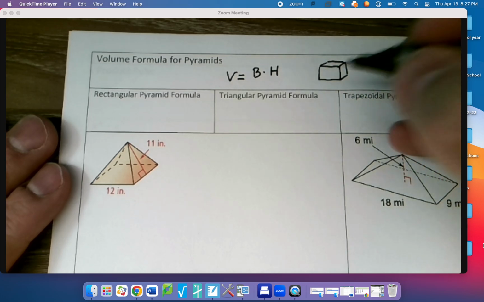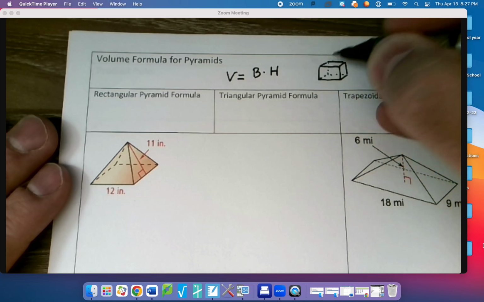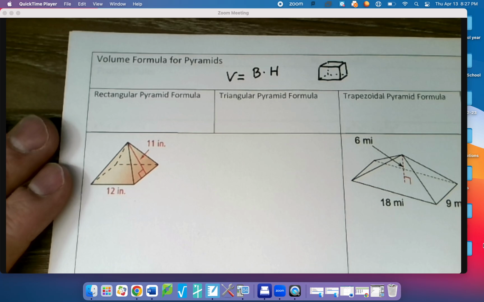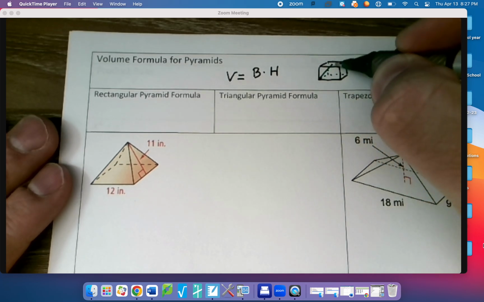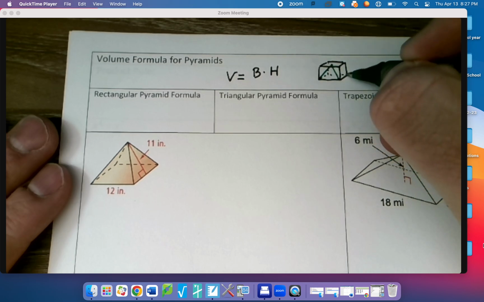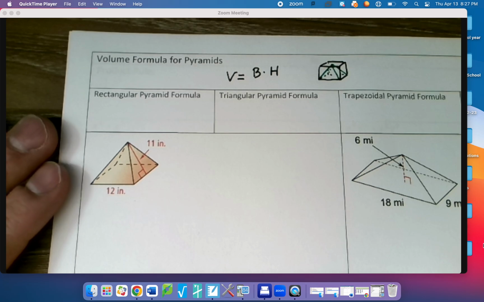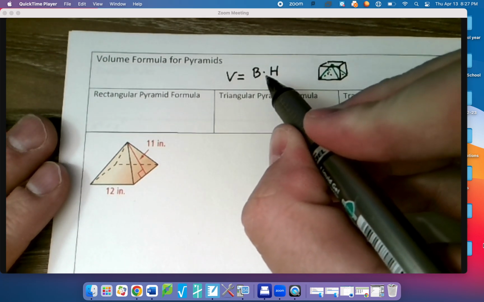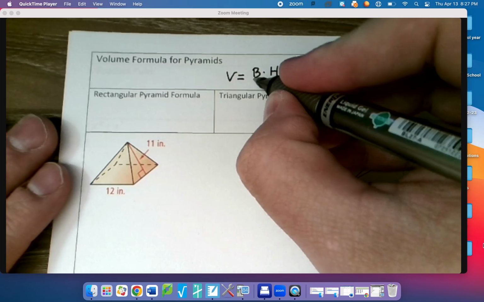So there's our rectangular prism. Let me add in the edges that we don't see. A pyramid is really the same shape, but all of these sides just end up coming together at that apex point right there. So the volume formula for a pyramid is actually area of the base times the height of the pyramid